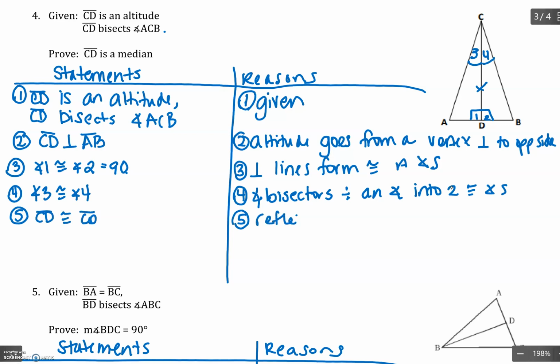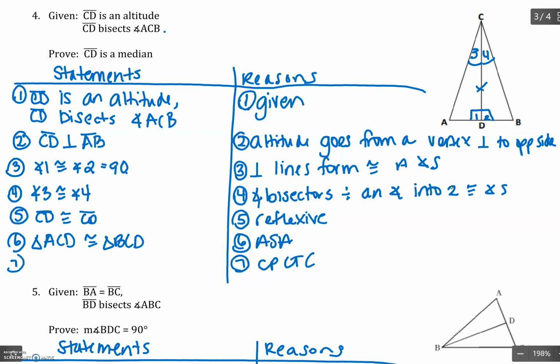And now we have that our triangles are going to be congruent because I'm looking at an angle side angle situation. So my triangle ACD is congruent to triangle BCD. After the triangles always has to be CPCTC. Now I'm trying to pick something that's going to show CD as a median. So CD would be a median if D was a midpoint, and D would be a midpoint if AD was congruent to DB. So AD is congruent to DB because of CPCTC from those triangles, which means that D is a midpoint